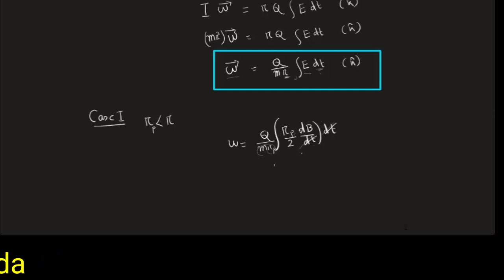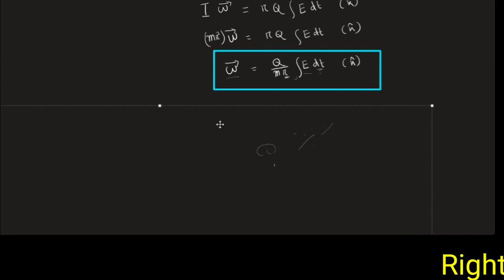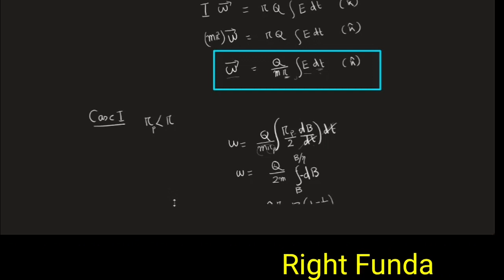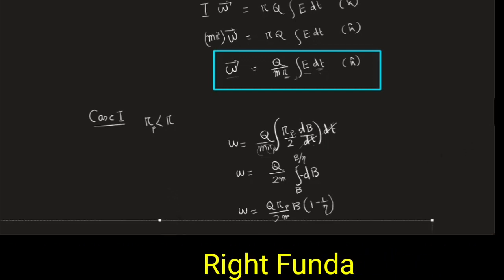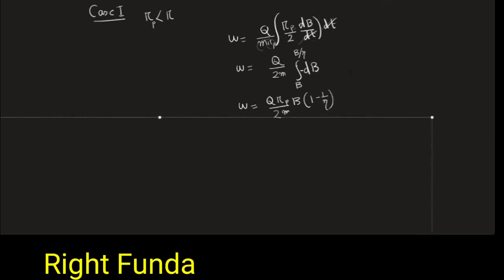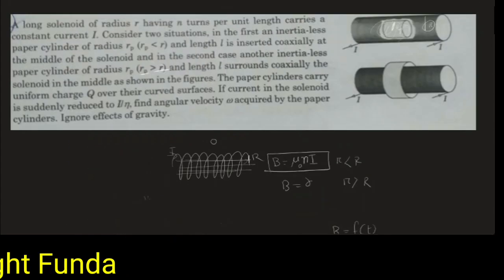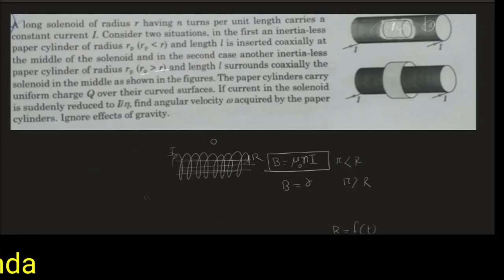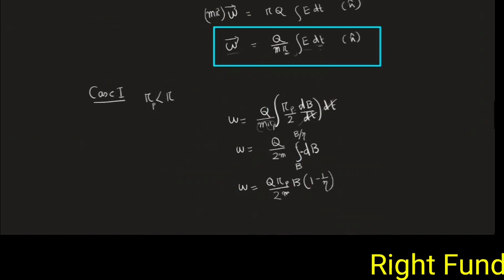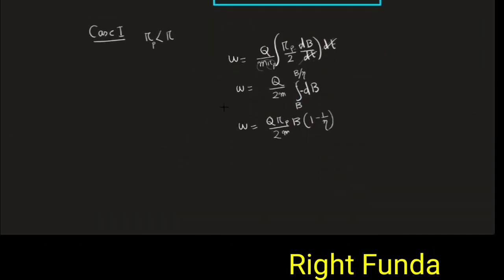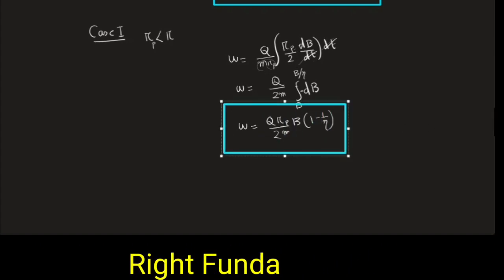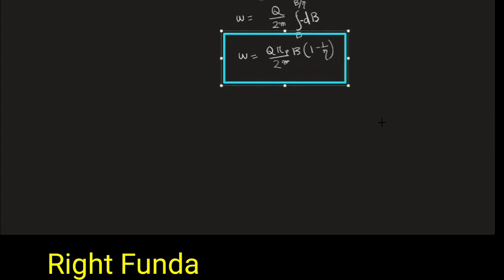Where the magnetic field changes, I need to integrate over the magnetic field change only. So if I calculate this, I integrate from B to B by eta. So I got the equation for the angular velocity that will be developed if the magnetic field changes from B to B by eta. Time is not given, the limit is not given, but I can calculate the value if the magnetic field limits are given. From that I get omega equal to this. So in the case where the paper cylinder is inside, it starts moving with this much angular velocity.